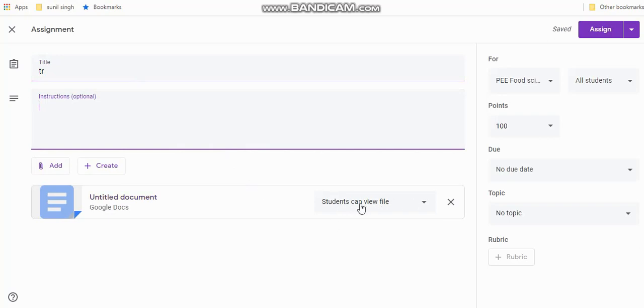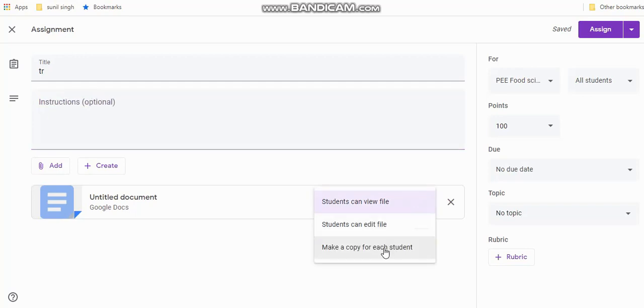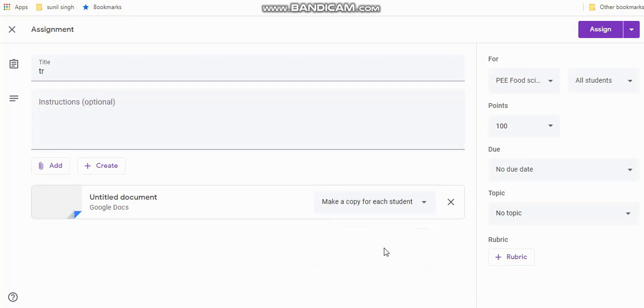Now here students can view the file. This is the option: if students can only view the file, we'll select make a copy for each student. Now each student can write in this, each question will be distributed to each student, and the student can write on this.